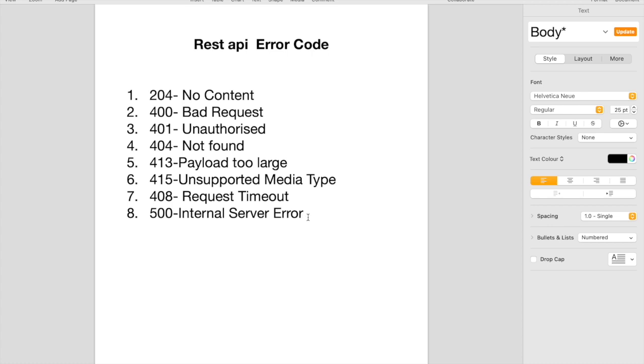When you discuss with the developers and you have a better understanding of these error codes, then you can create good test scenarios. And when you understand these error codes and know how to deal with them, then you can write a better automation script also. Because in your automation script you can verify the HTTP codes,